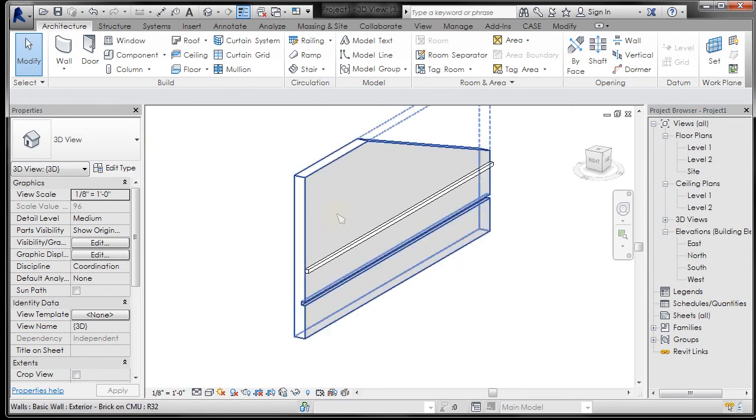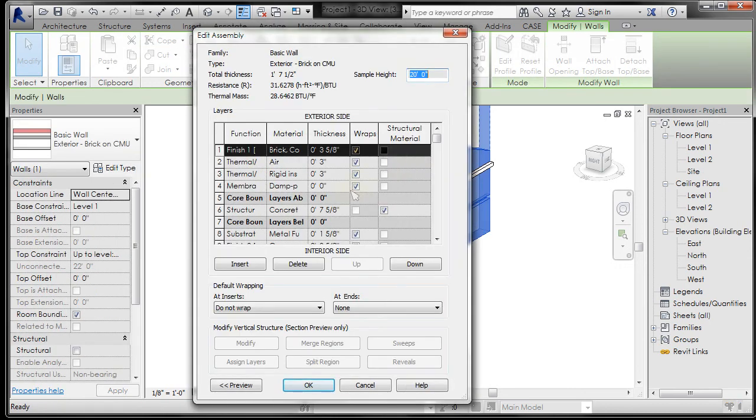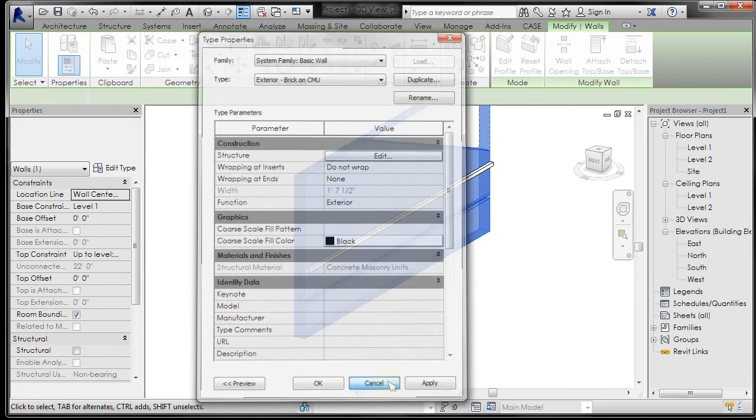If you want to explore it a little further, going into edit type and structure, in the other tutorials we go in and create a wall. Alright, so I'm going to hit cancel, and